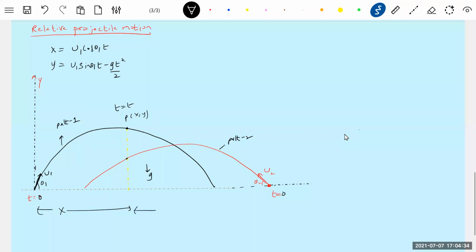What about the position of the other stone? We can treat it to be here like this. So then d minus x is equal to u2 cos theta 2 into t. What about the y coordinate? I'll write it as y dash or y prime or y2, anything. It doesn't make any difference. I'll write y2.